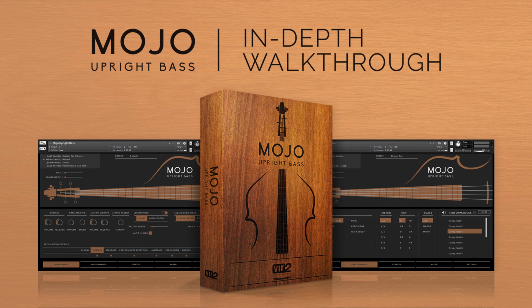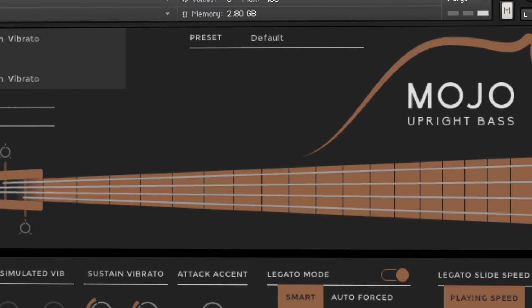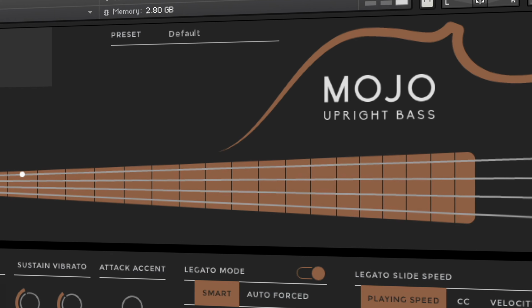Hello everyone, my name is Steven, and today I will be showing you all the ins and outs of MOJO upright bass. MOJO upright bass was a massive undertaking, resulting in the most complete and realistic upright bass on the